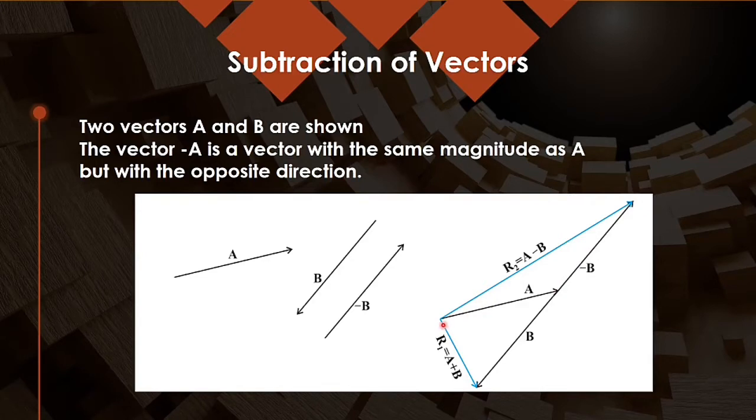Now if I find the resultant of a and minus b using the triangle law of vectors, a and minus b are going in the same order, and then the resultant will be given by the closing side of the triangle taken in the opposite order. So this R2, which is equal to the resultant of a minus b, gives me the direction as well as the magnitude for the resultant of a vector and minus b vector. So I am able to subtract the vectors by having the knowledge of addition of vectors.